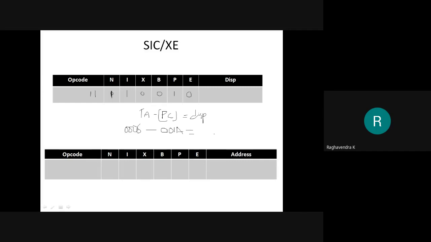So what is the answer for this? If you look into your calculator and calculate this, you will get something like F and then EC. Obviously it is correct, but how did we get that EC is what we need to understand. The displacement that you're actually going to get is 14. For example, if I subtract 6 from 1A, I'll get 14, but we are subtracting 1A from 6, so obviously the result is minus 14.